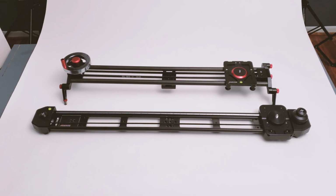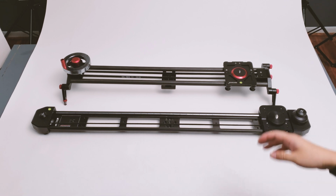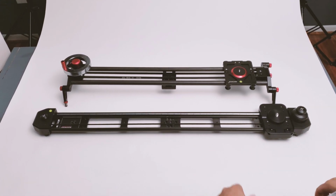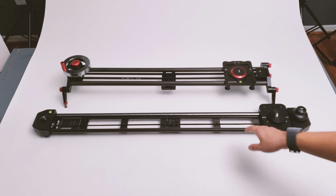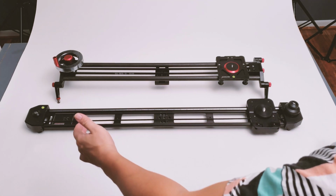Hello everyone. So in this video I want to compare two video or camera sliders, mostly built for DSLRs or mirrorless cameras. The one in the front is the Kessler Stealth slider, and I believe the whole length is